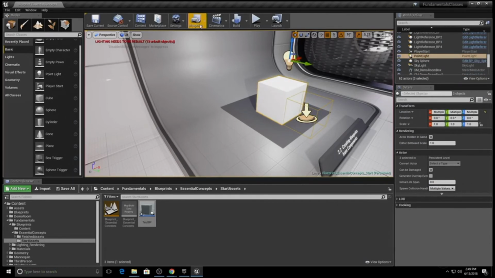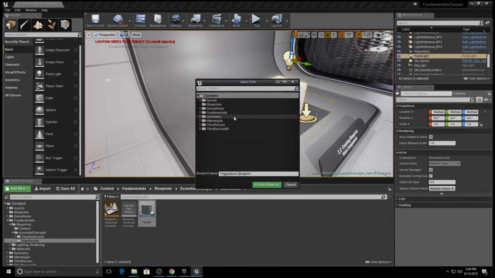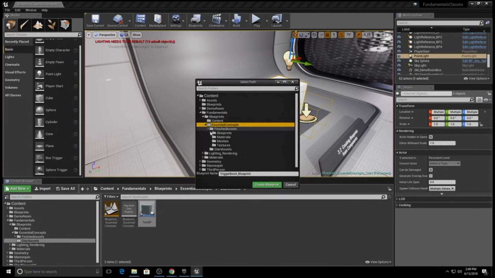What we could do is go up to the Blueprints button at the very top here. Second option down, aside from creating a new blueprint class, is to convert those selected components to a blueprint class. So when I select this, it's going to ask us to select a path where we want to save it. I'll just go ahead and save it under the blueprints folder here, and point it to finished assets and blueprints. And we'll just say that this is component based BP. When we create it,